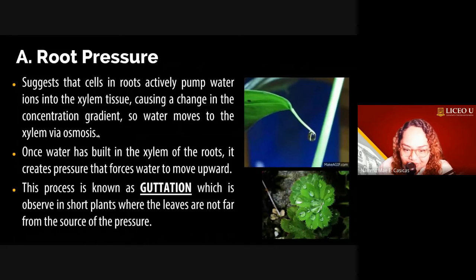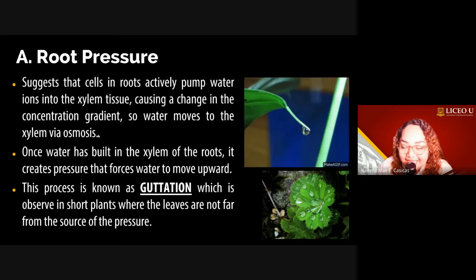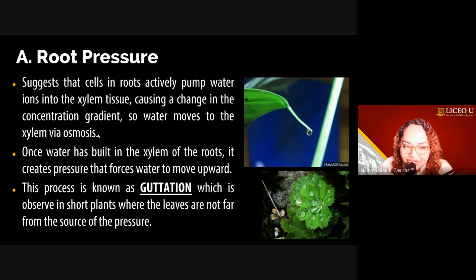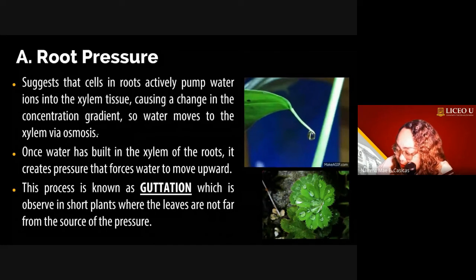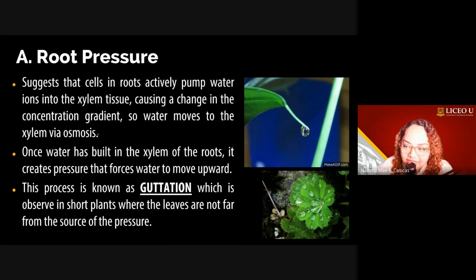So root pressure, it says nga cells in roots actively pump water ions into the xylem tissue, causing a change in the concentration gradient. So water moves to the xylem via osmosis. So imong roots mismo ga-absorb og water from the ground, and it uses osmosis. It's active transport. So it uses a lot of energy to do that. And with that,